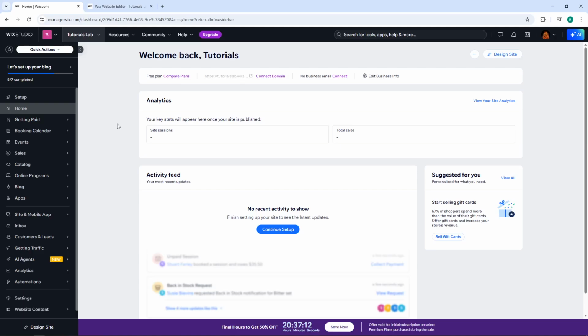Welcome back, everybody. Today, I'm going to teach you how to add a user to Wix for domain management. This is especially useful when you want to give someone access to help manage your website's domain settings without sharing